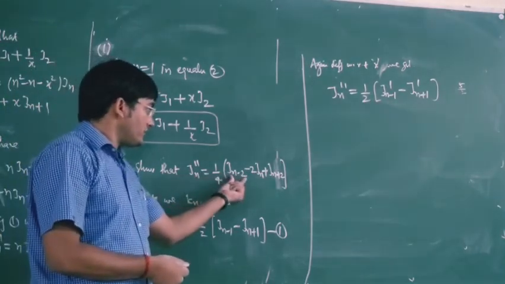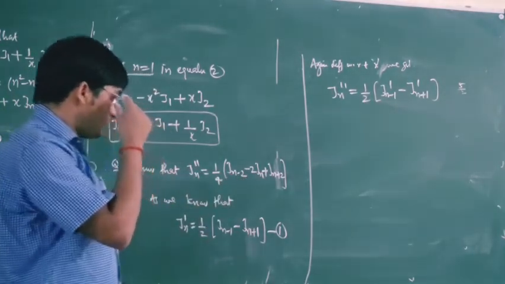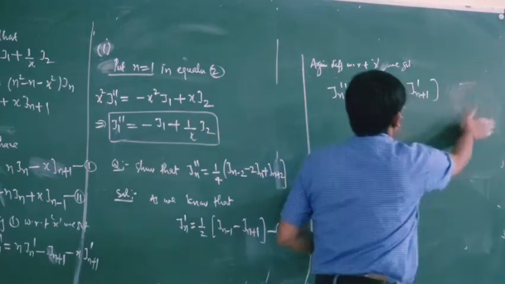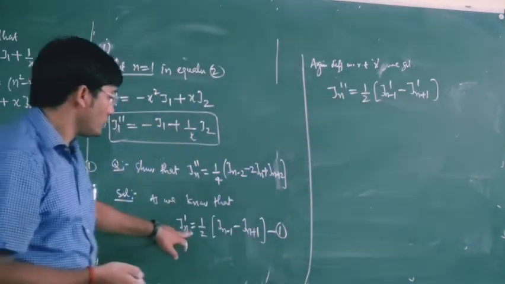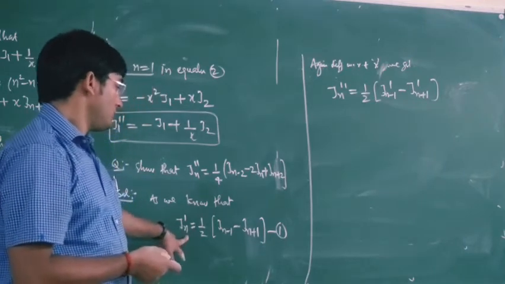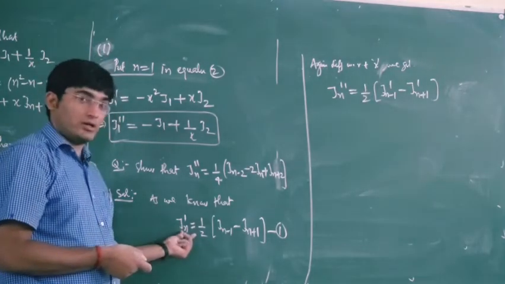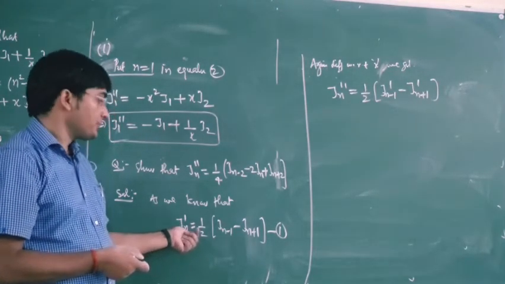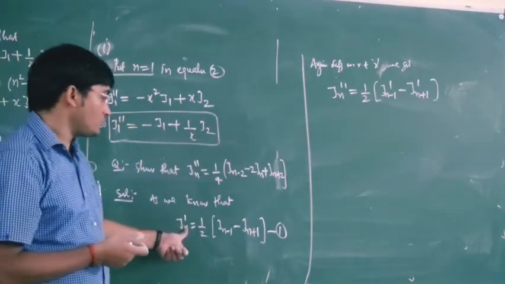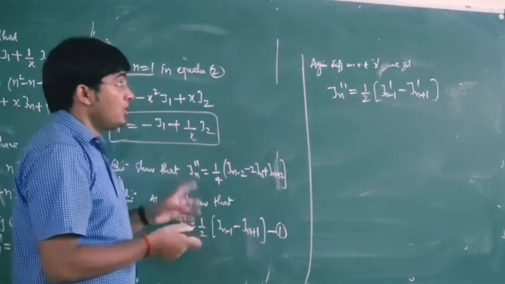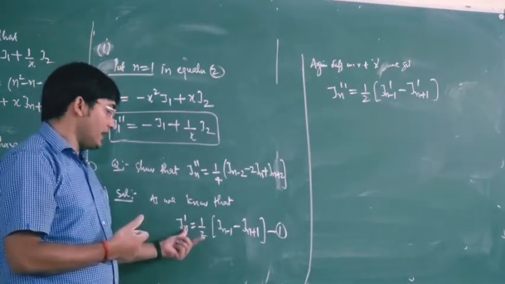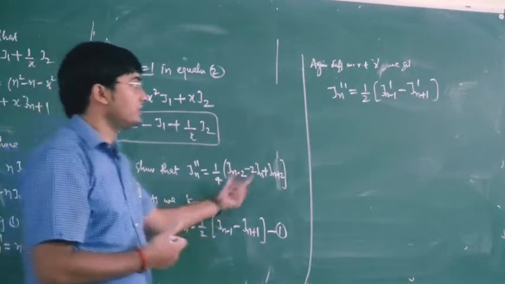Now, as we need the result in terms of n minus 2 and n plus 2, for this Jn minus 1 dash, replace your n by n minus 1 here. If we replace n by n minus 1 here, then we will get the value of Jn minus 1 dash. And again for J dash n plus 1, replace your n by n plus 1 here, then we will get n plus 2. So let us put the values of Jn minus 1 dash and Jn plus 1 dash from this equation to this equation.